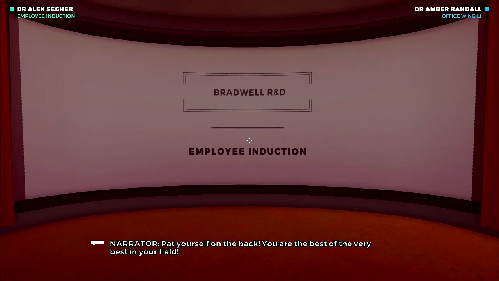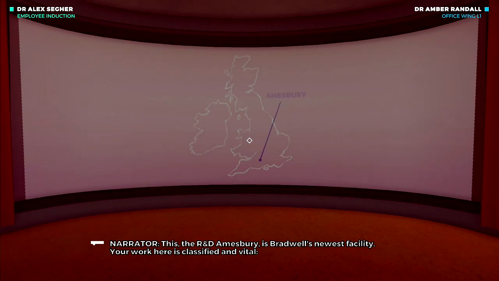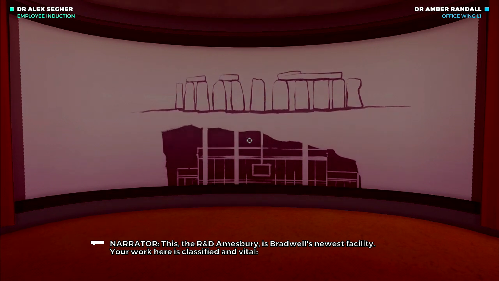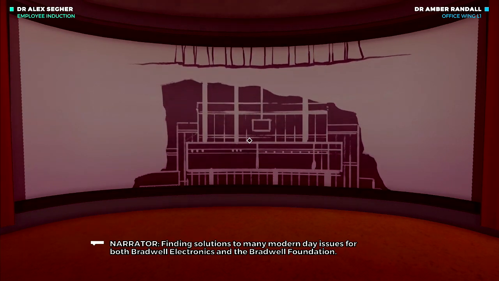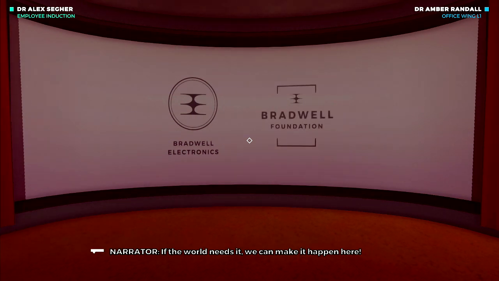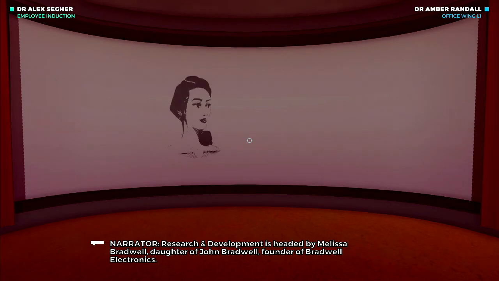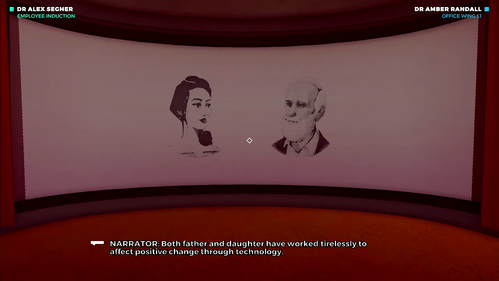Pat yourself on the back. You are the best of the very best in your field. This, the R&D Amesbury, is Bradwell's newest facility. Your work here is classified and vital, finding solutions to many modern-day issues for both Bradwell Electronics and the Bradwell Foundation. If the world needs it, we can make it happen here. Research and development is headed by Melissa Bradwell, daughter of John Bradwell, founder of Bradwell Electronics. Both father and daughter have worked tirelessly to affect positive...